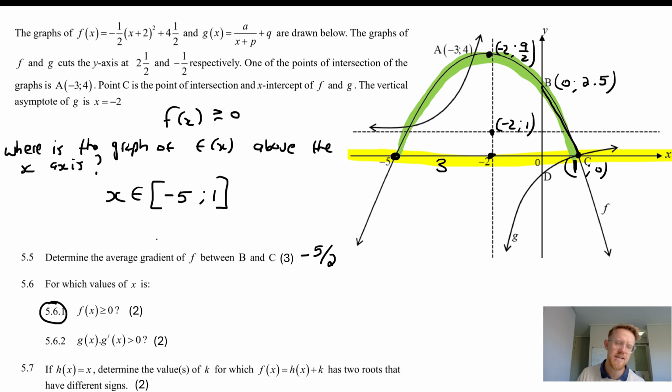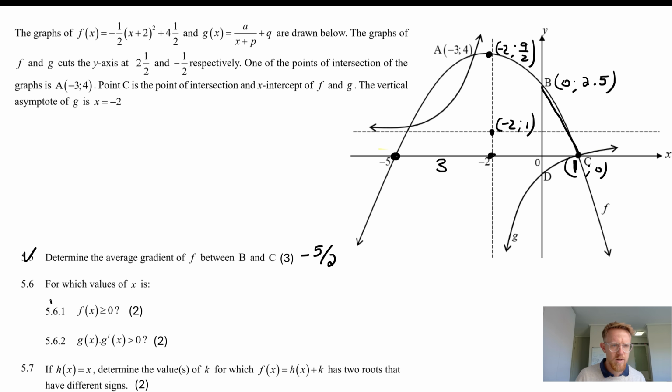And then if you instead wanted to use set builder, you could say x is bigger than or equal to minus 5, but smaller than or equal to 1. Okay, so we've done this one and we've done this one. Now this one here says, for which values of x is g of x times by the first derivative greater